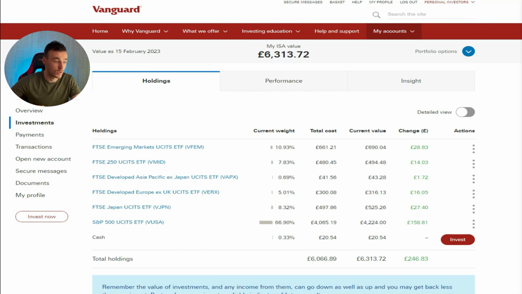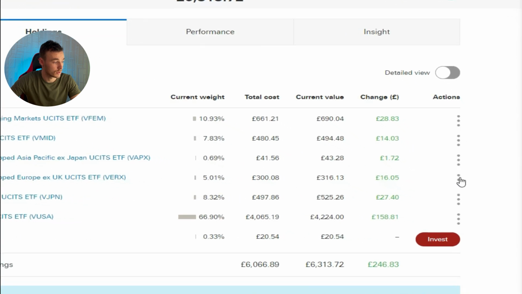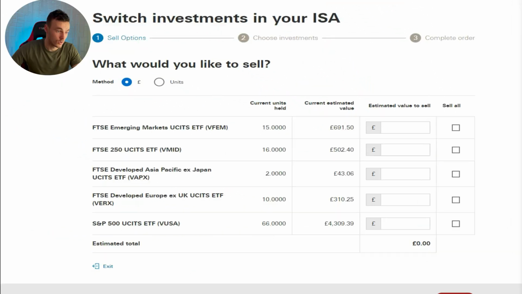Now let's go back to the switch option. Let's say I want to go with Developed Europe, excluding UK. Click on the three dots and then click switch. Choose the index fund or ETF you want to switch, and as in the selling option, you can switch by either entering the value or the number of units, or you can switch all of your holdings. I'll go with £100 for Developed Europe, excluding UK,